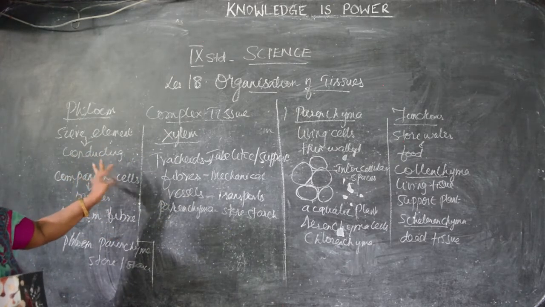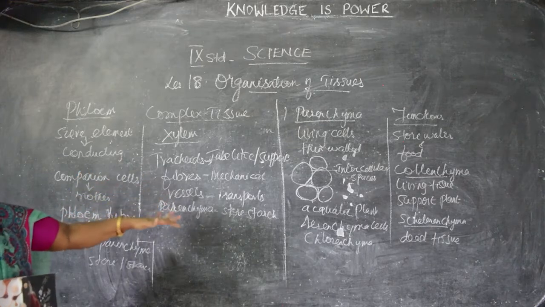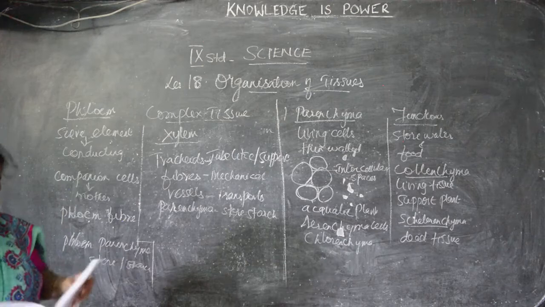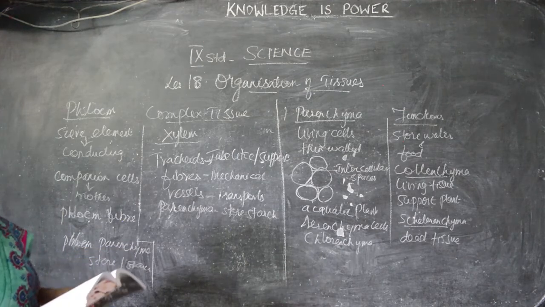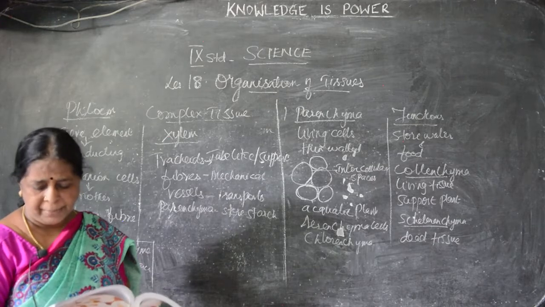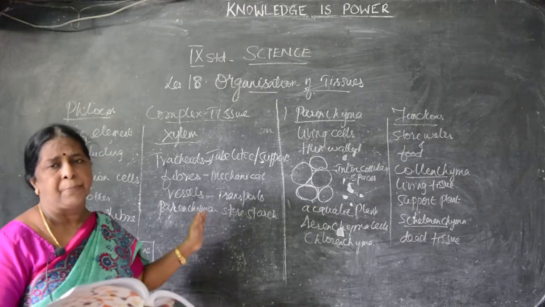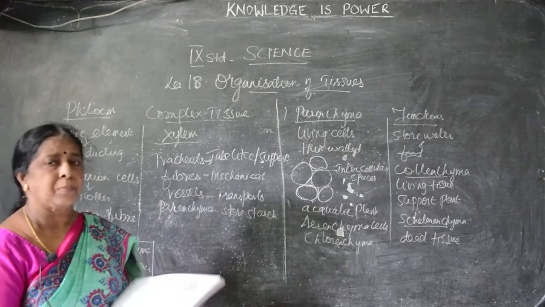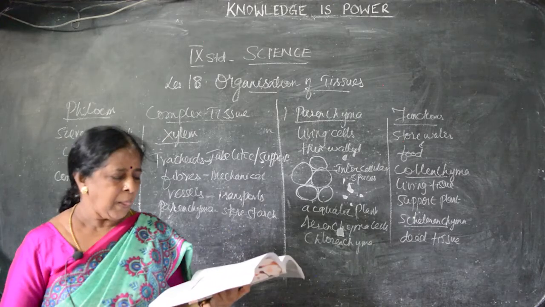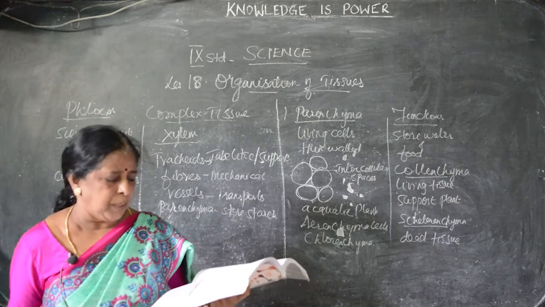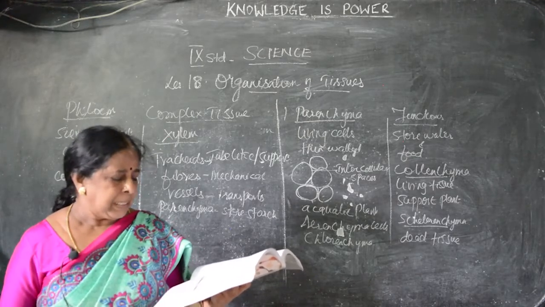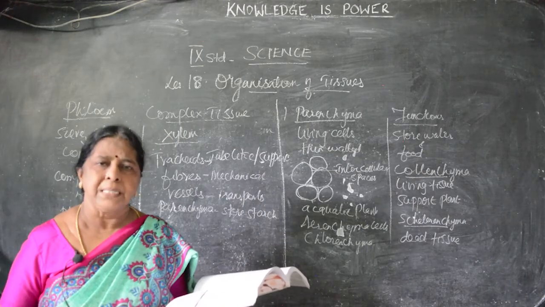That is complex tissue. Simple tissues we have seen: parenchyma, collenchyma and sclerenchyma. Complex tissues: xylem and phloem. Clear? So far what you have seen is the tissues of the plants. And what are the differences between xylem and phloem? That may be a 2 mark question or 5 mark question, whatever the form may be. The points are given in page number 213. Xylem conducts water and minerals. Phloem conducts organic solutes or food materials. Conduction is mostly unidirectional in xylem.